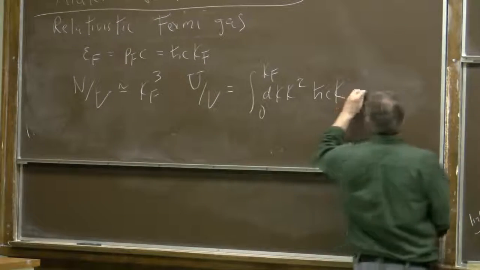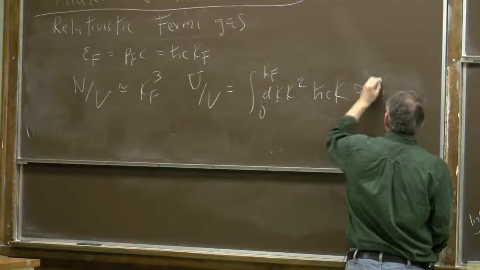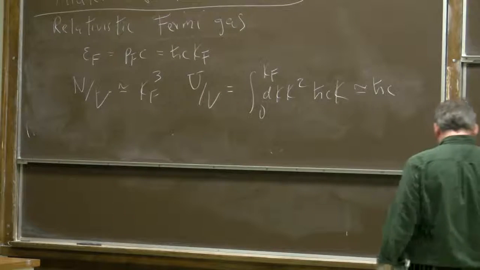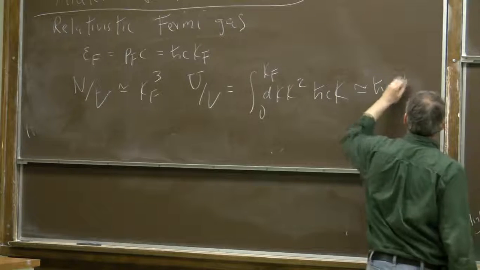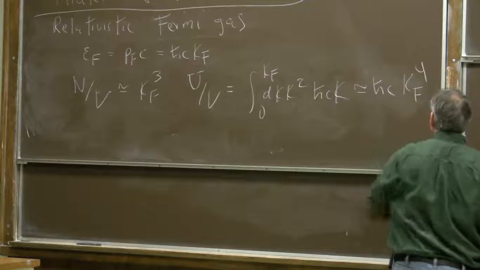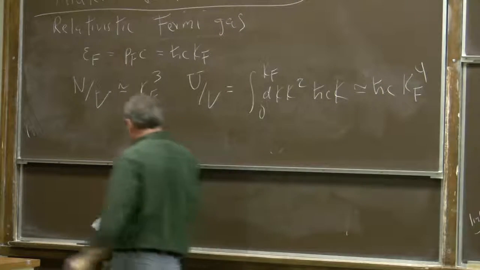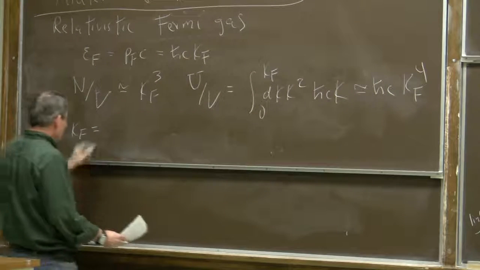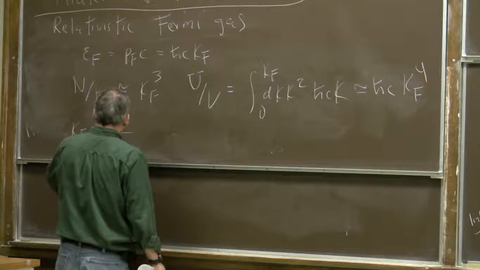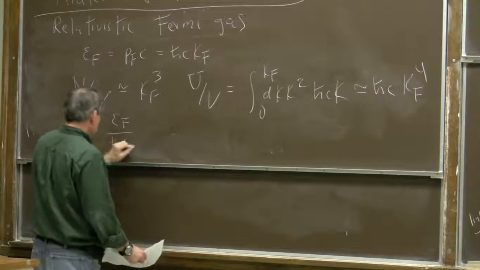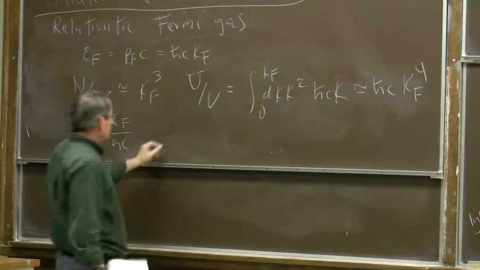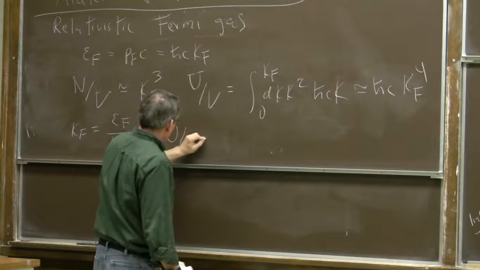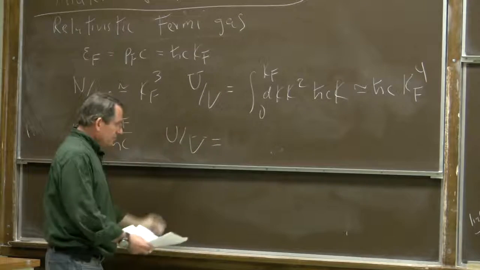And so this goes like h bar c from here, and now the integral is proportional to k Fermi to the 4th. And k Fermi is the Fermi energy divided by h bar c. So if I want to write the energy per volume in terms of the Fermi energy,